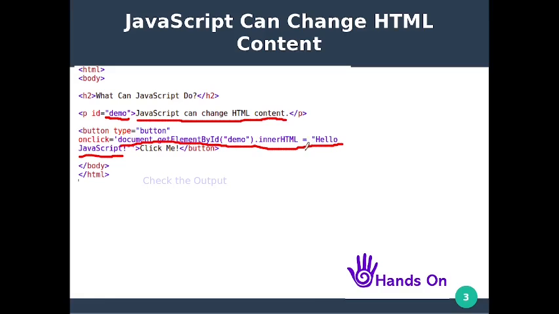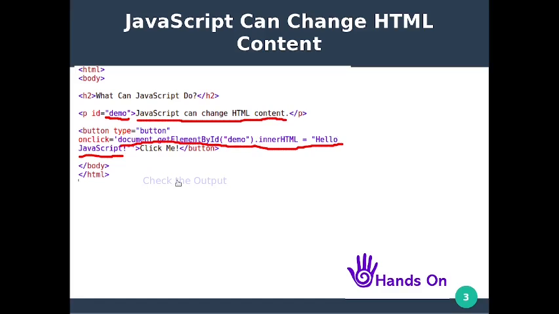That is equal to hello JavaScript. What will happen? Whenever a user clicks on the button, the content of the paragraph tag will be changed to hello JavaScript.